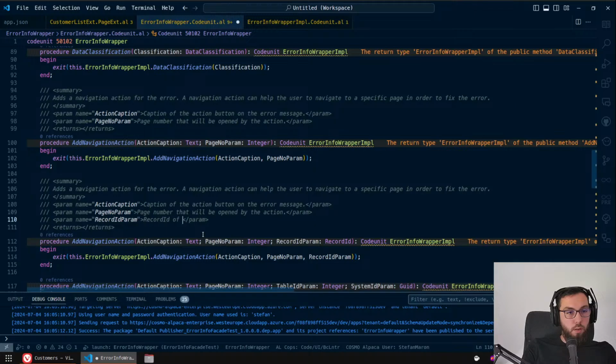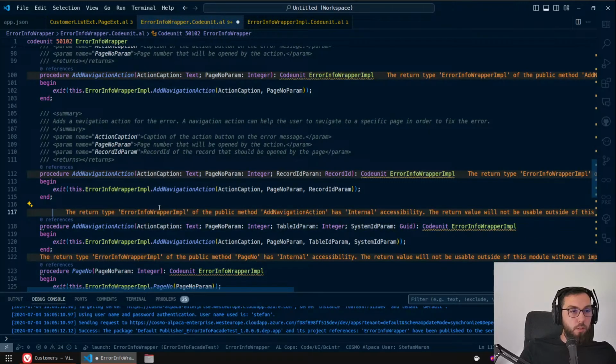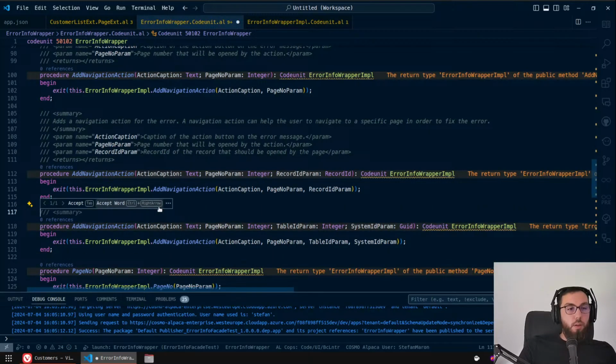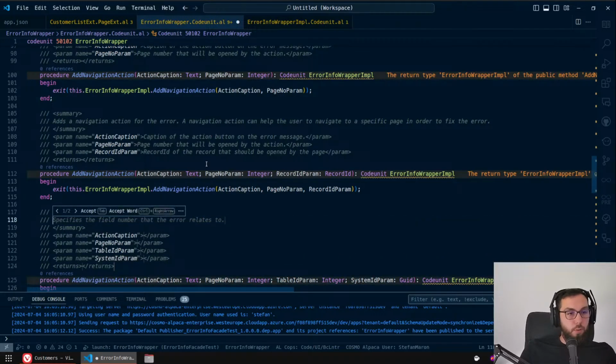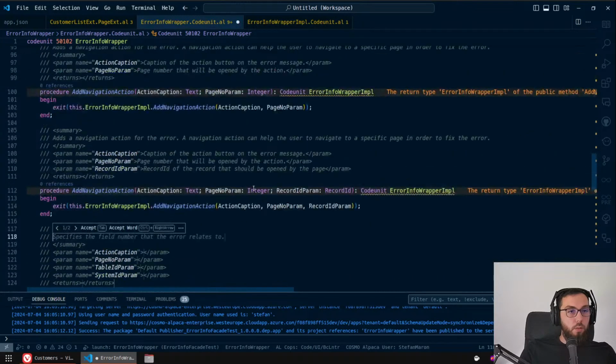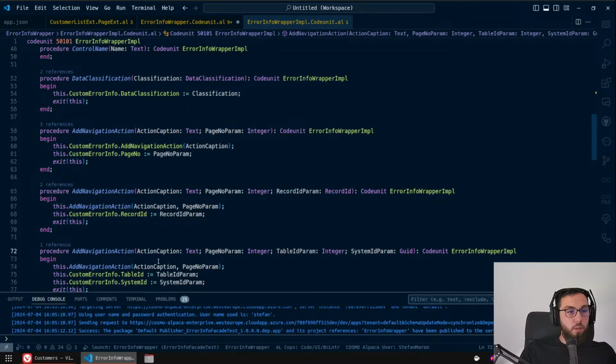Record ID of the record that should be opened by the page. And I know this is a little tedious, but without those documentations, it's really hard to uptake this new feature if you want. So I really want to give detailed and good documentation on those procedures. So it's better than whatever Microsoft wants, because I mean,